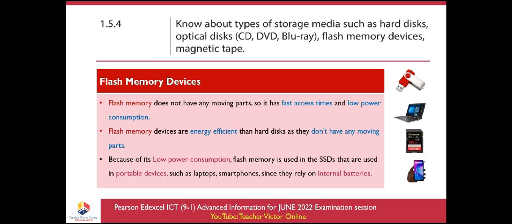Flash memory devices. First, what is flash memory? A flash memory is a very fast memory. The word flash means very fast. So flash memory does not have any moving part. So it has fast access times and low power consumption. Flash memory devices are more energy efficient than hard disks as they don't have any moving parts. Because of its low power consumption, flash memory